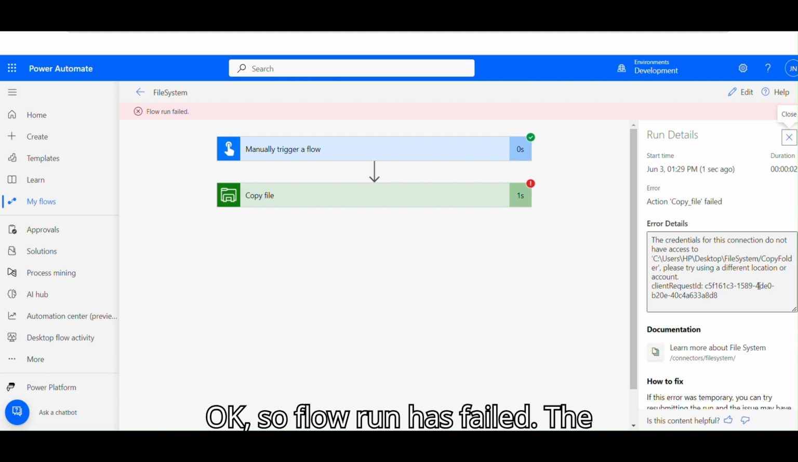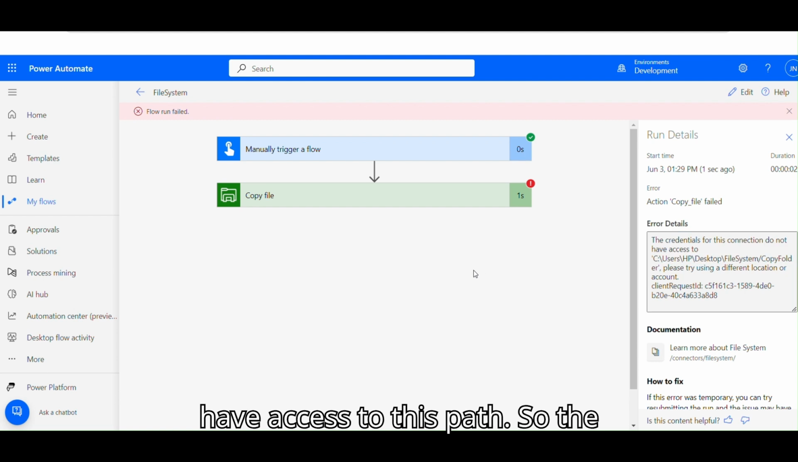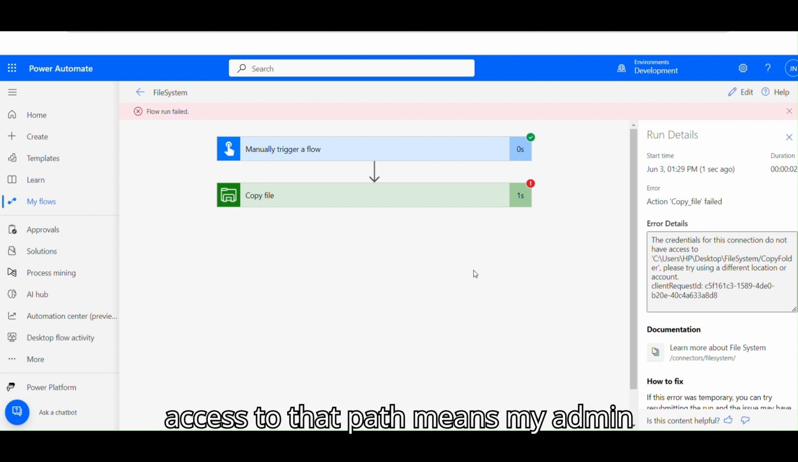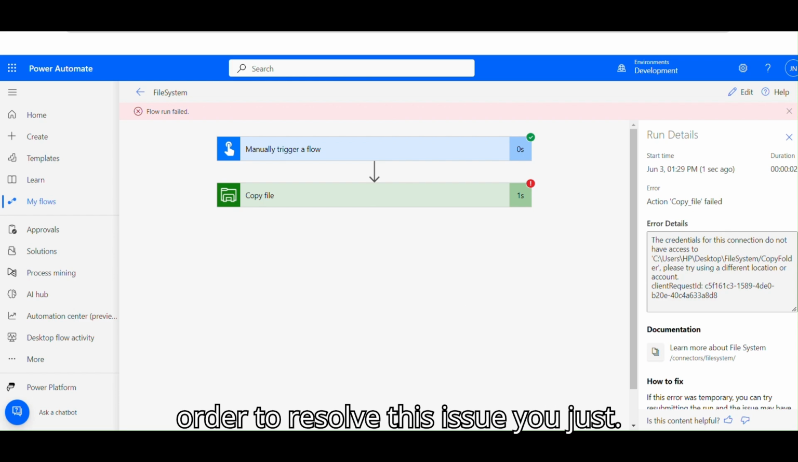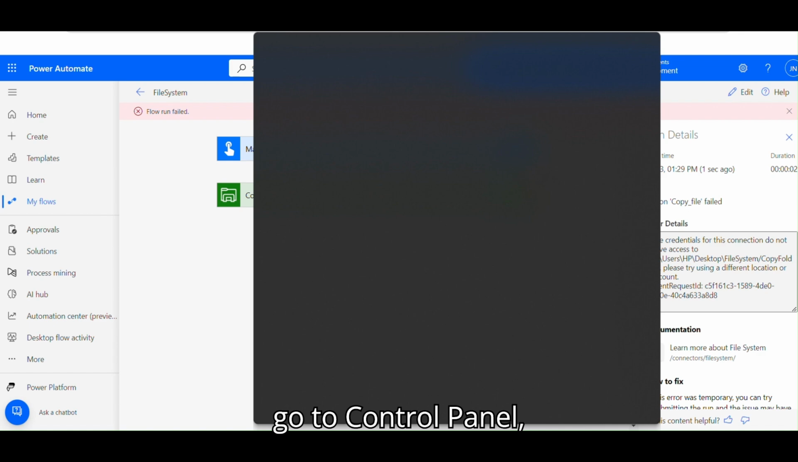Okay, so the flow run has failed. The credential for this connection does not have access to this path. So the username I have given does not have access to that path, meaning my admin account is not set up in a way that I can interact with any other application, for example the Power Automate cloud flow. So in order to resolve this issue, what you have to do is go to the control panel,